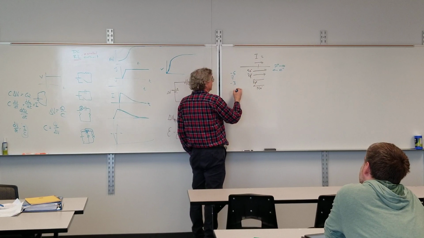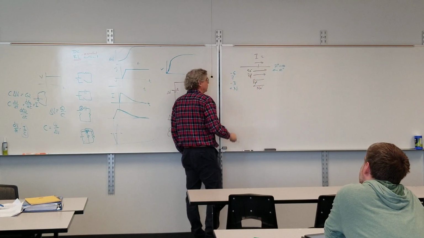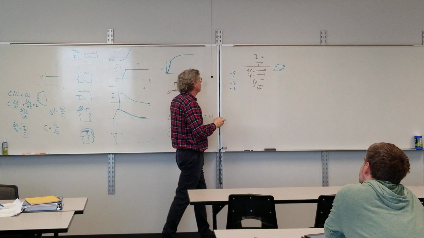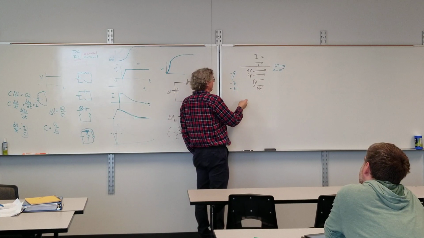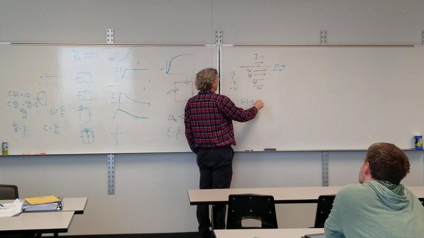And then I have N electrons going to the left, so that would be plus N. So my current, since these are the number that pass per second, I have -5 plus 7 minus 3 plus N